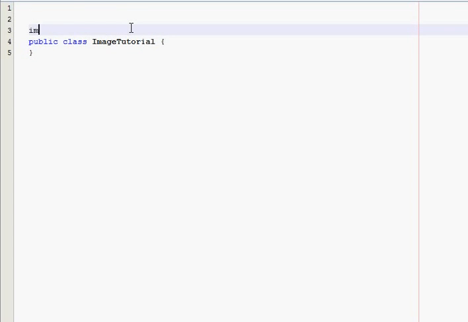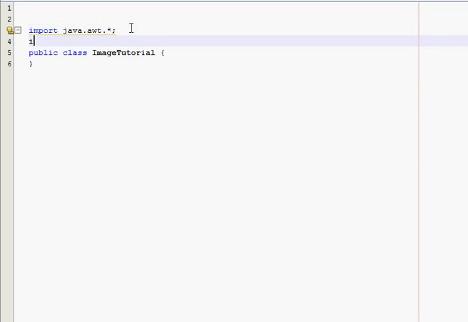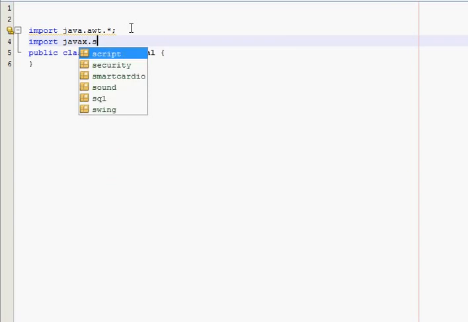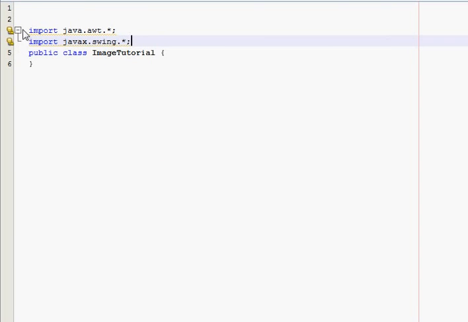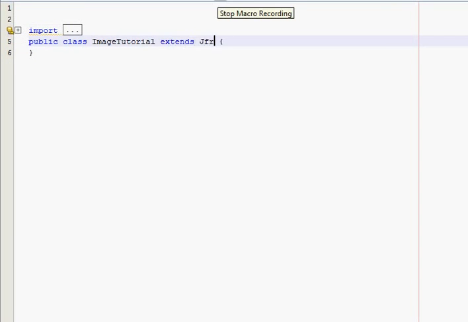Anyways, you gotta import java.awt, and I just import all of them, and javax.swing, all of them, and I usually close those and extend JFrame. Alright, so